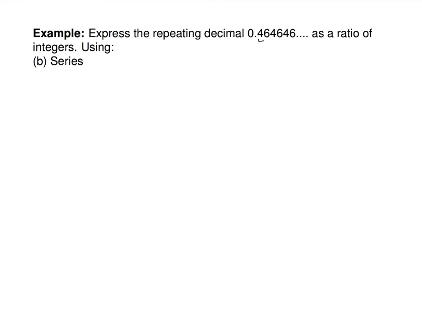So that's how you use algebra, but here's how it's a series. These patterns occur in groups of 2, right? So think about that as 0.46 plus 0.0046 plus 0.000046, etc. Do you agree that those things added up make your repeating decimal? Does that make sense? And that's just another way to write that. You add on 46 to the next 2 spots each time you go, right?